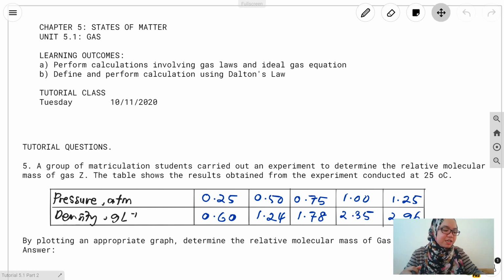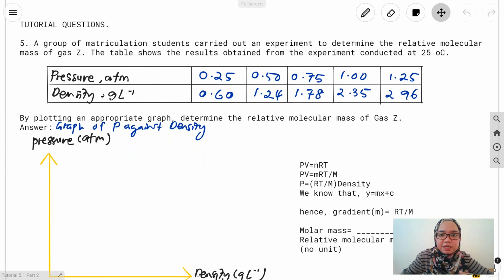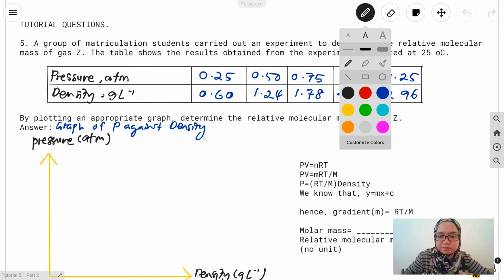Okay, so now in this learning outcome, we are going to perform calculations involving gas laws and ideal gas equation, and define and perform calculation using Dalton's law. So that's what we are going to do in today's tutorial. We are going to continue our tutorial questions on question number 5. Okay, let's see question number 5. It states that